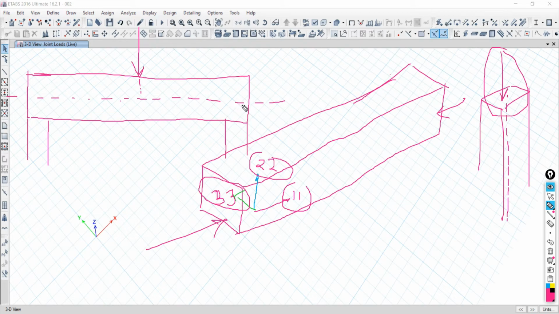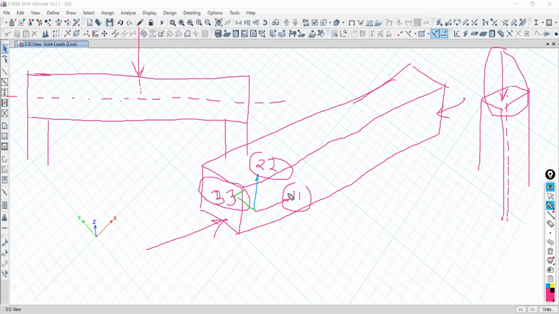In some cases your beam may carry axial forces, but that is an exceptional case that I'm not going to discuss. That is another discussion. So your beam will not carry axial forces. Your beam will carry only the transverse forces, first thing. Second,